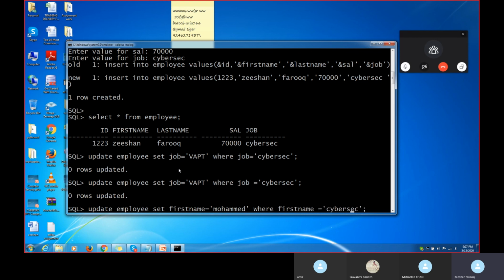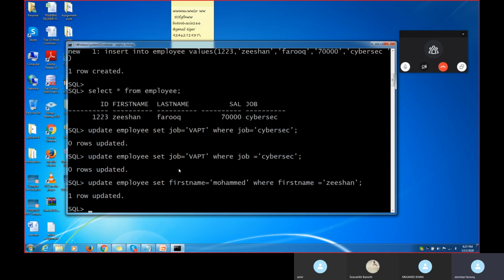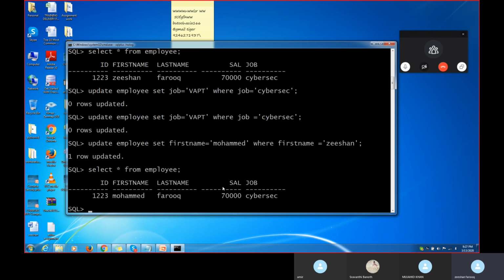My first name is Zeeshan. I want to change my first name. Okay, one row updated. That means, see here, I want to change my first name from Zeeshan to Muhammad. Now, if I put here like this, did my first name get changed?